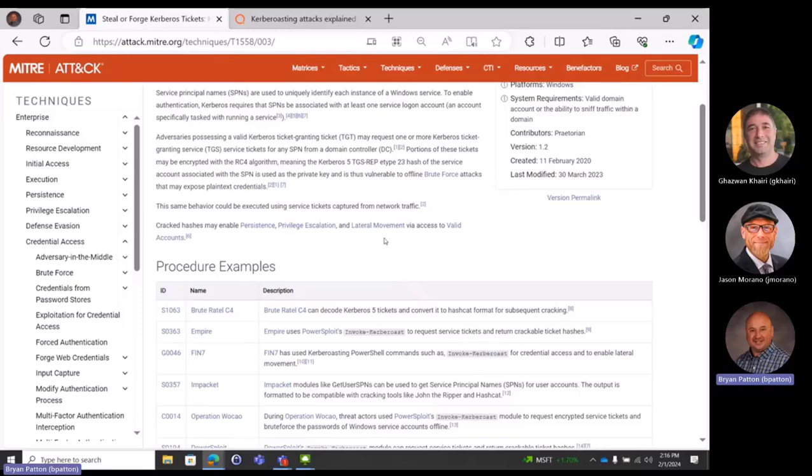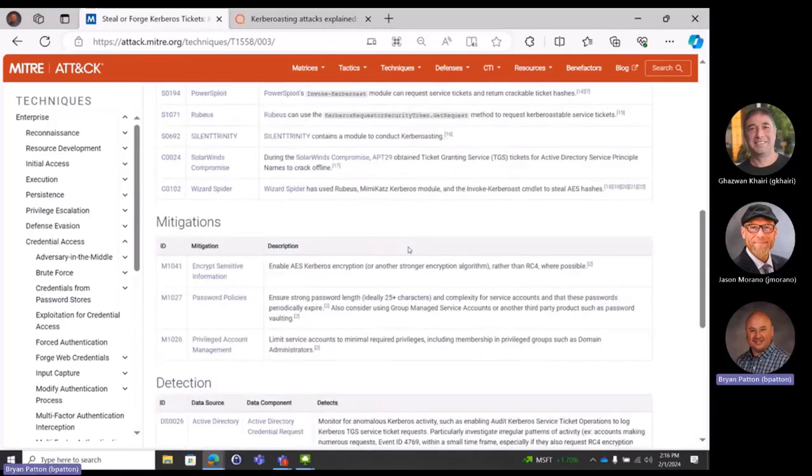So think about our migration tools, how a lot of environments are disabling RC4. Part of that's really to help mitigate some different Kerberoasting stuff that's out there. And you'll also see, you put a PAM solution in place. If that password is being rotated regularly for an account that has a service principal name, you're in theory not getting enough time where you can actually crack it in a feasible time period where it does you any good. If you have an 8-character password on an account that has a service principal name, that's really bad because that can get cracked very quickly.